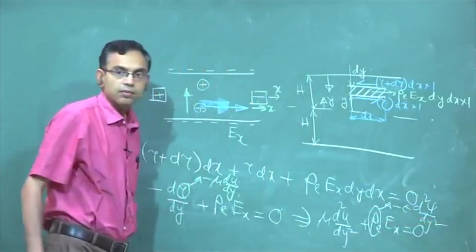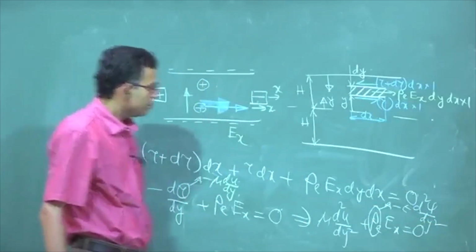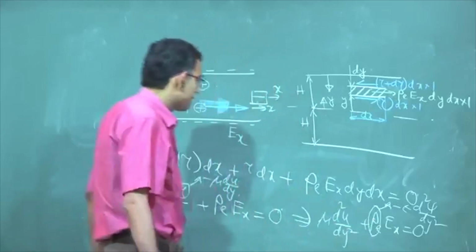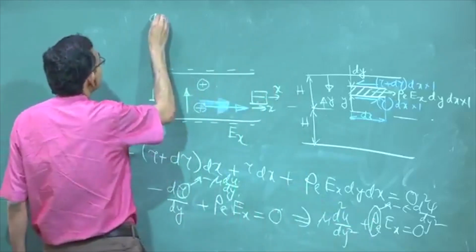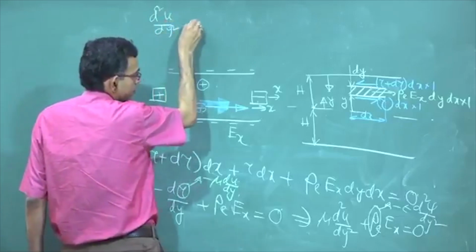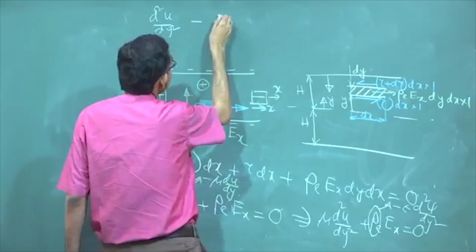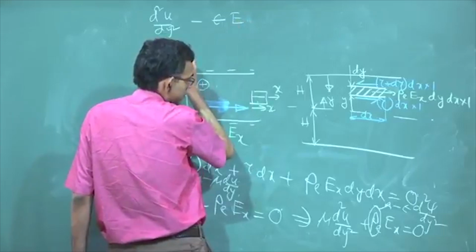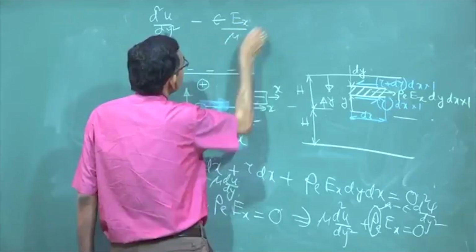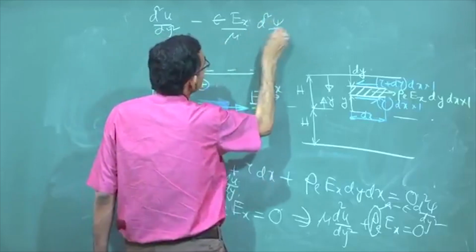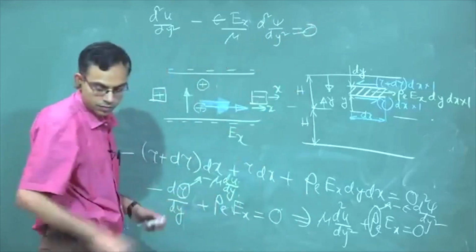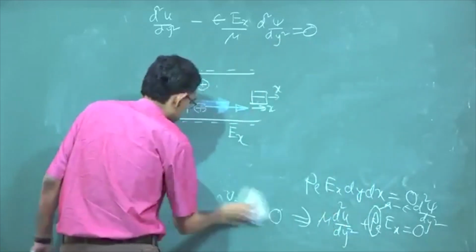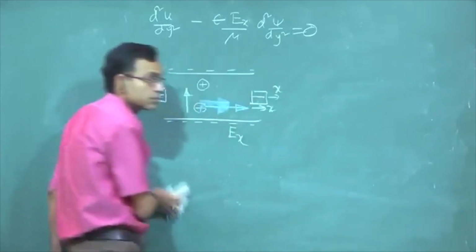This is from the Poisson equation: d2 psi dy2 is equal to minus rho e by epsilon. Okay. So, we can write